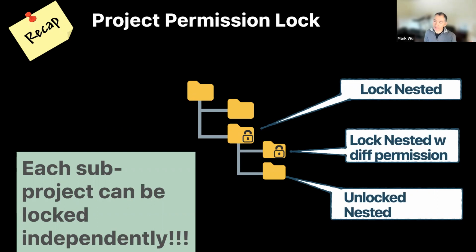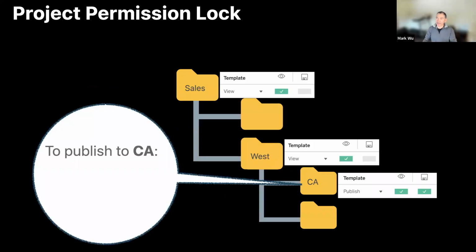Now let me talk about when the permission is locked, how do I set a permission for publishing? This is another place where it can be confusing. I get emails from my publishers from time to time. Let me ask you, okay, now this is my setup. I have a 3-level project setup: sales, east, west, whatever. And under west, we have a California CA project, we have other projects, okay? Let us say this is your setup and you wanted to have